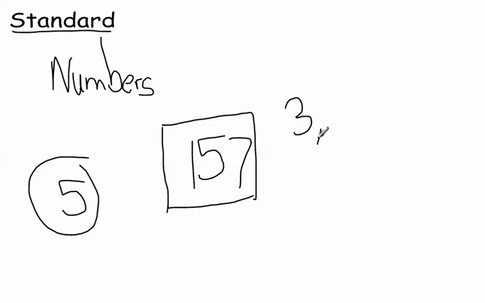Like 3,275. Same kind of thing. This is the standard form because that's the standard way that we use numbers. Each of them has different places. Ones, tens, hundreds, ones, tens, hundreds, and thousands. So it's just the regular way that we always do numbers. Okay, another form, let me erase that for you. Another form would be